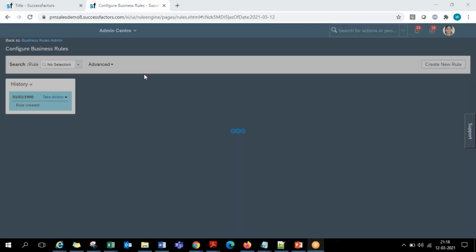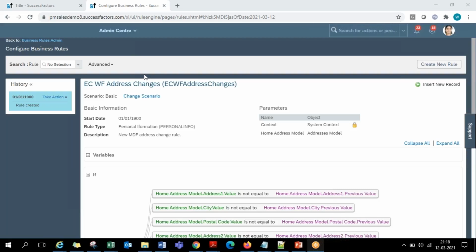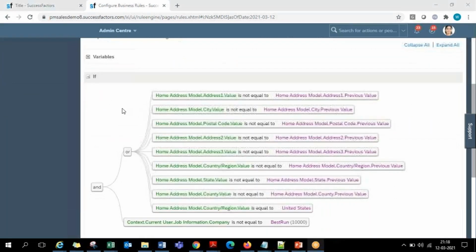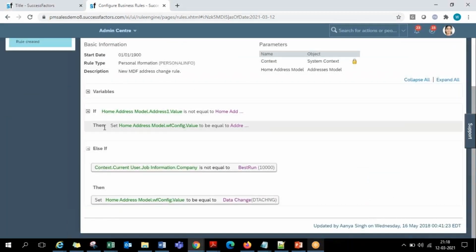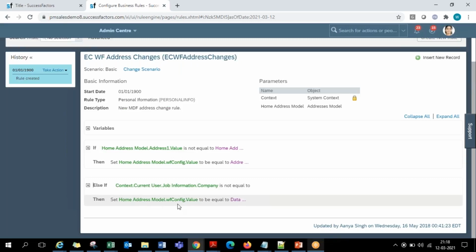So a business rule in Employee Central is basically all about if and then conditions, guys. If something is occurring, then what should happen? Else, if something else happens, then what should be happening? Like that, if and then. So here you have some if condition. If something happens, then what should the workflow be? Else, if something else happens, then what is the workflow? For this condition, this is the workflow. Else, if this condition, this is the workflow. Like that, you can keep some conditions, and if that condition is satisfied, you decide which workflow approval is to be triggered. So here it's all about if and then conditions in a business rule.